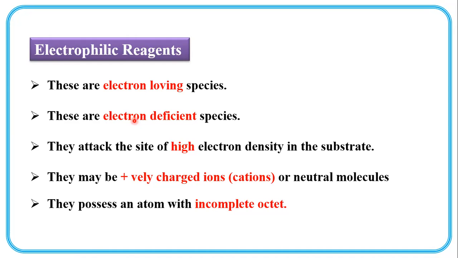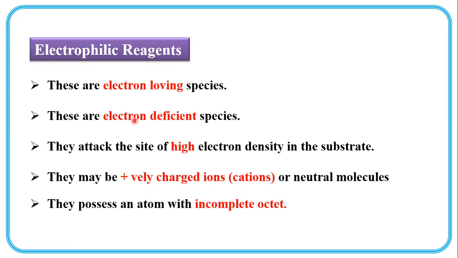So whenever bond formation takes place between two atoms, each atom possesses maximum 8 or minimum 2 electrons when it forms bond. So when it has 2 electrons, then it is said that duplet is complete. When it possesses 8 electrons, it is called that octet.